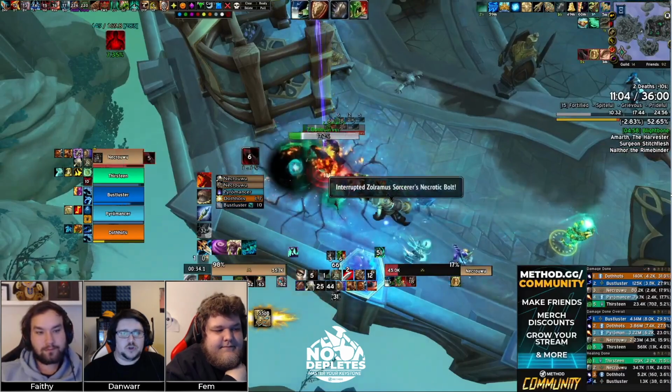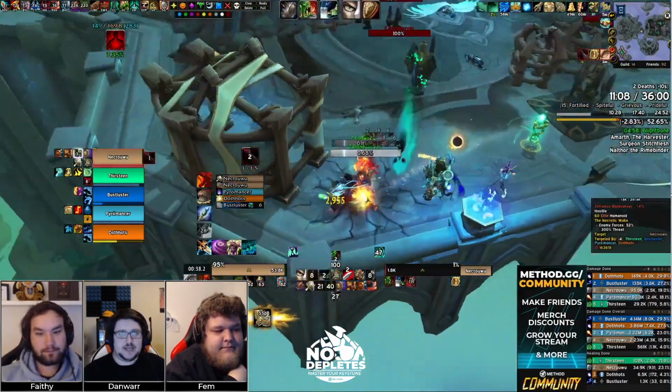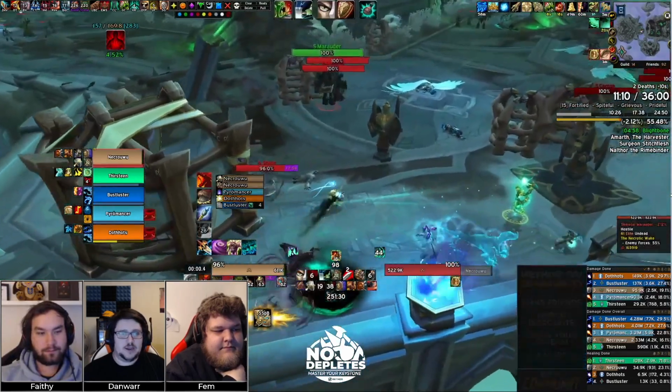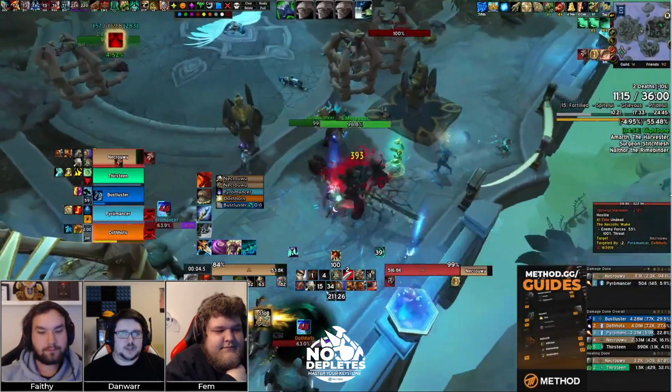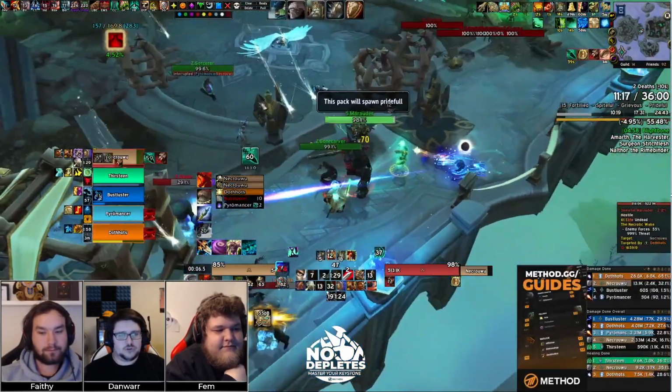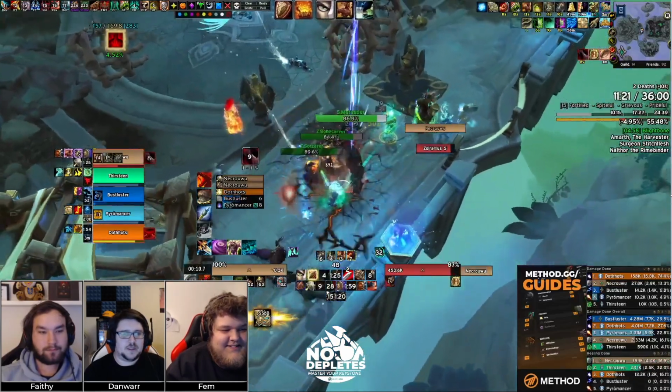So normally what you'll find is a group going into a Necrotic Wake will check between all of the DPS who has the most crit going in, and whoever has the most crit going in is usually the person that's designated to pick up these items and use them as they go through the dungeon, in particular the orbs. Things like the hammer...